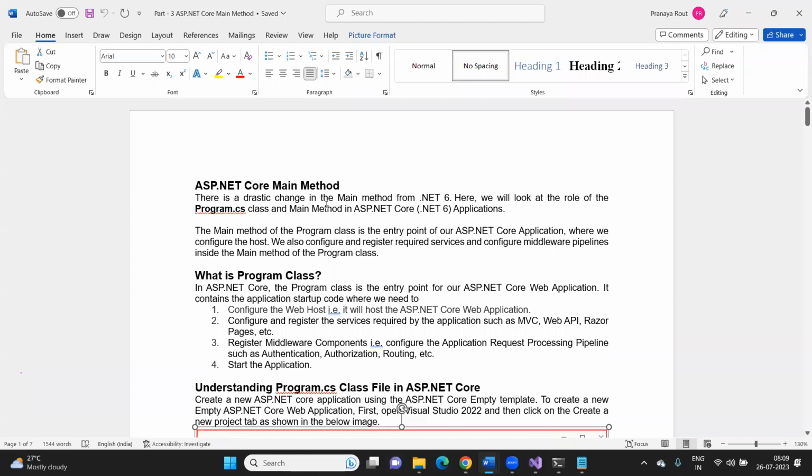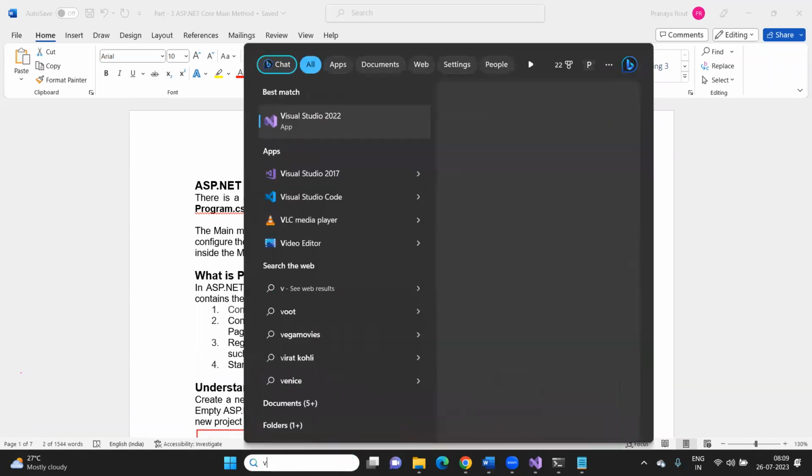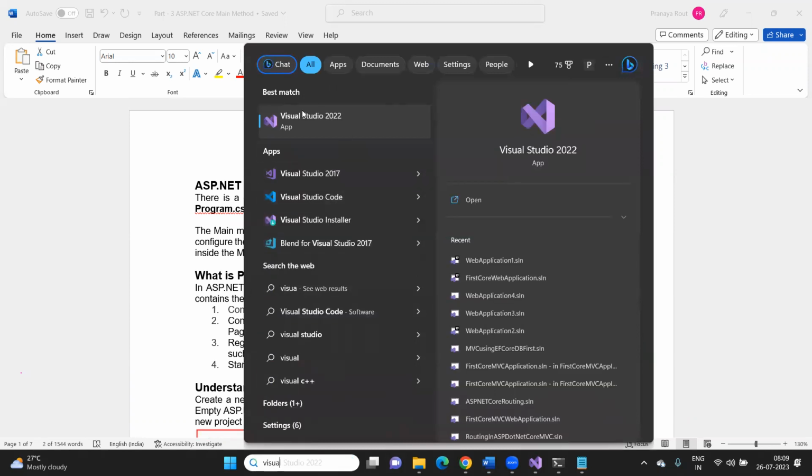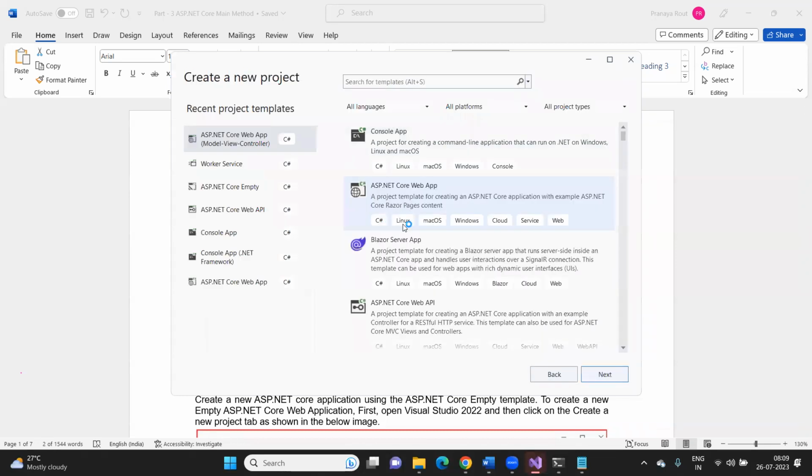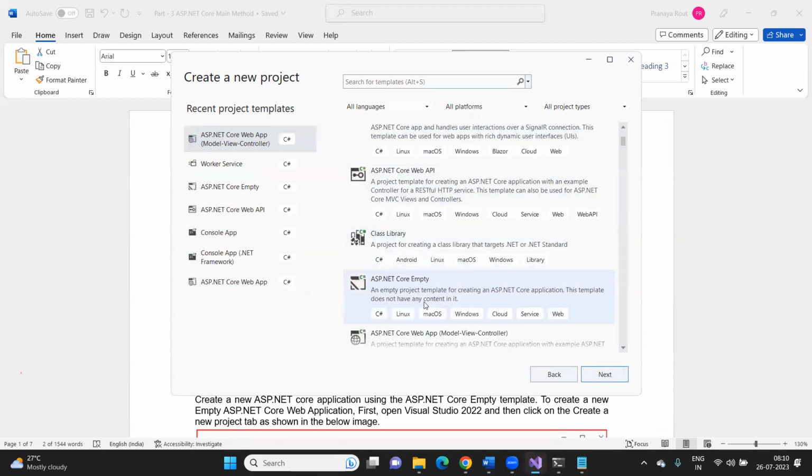The point that you need to remember is, the main method is significantly changed from .NET 6. If you are working with the earlier version of applications like 3.1, 5, 2.2, then you will find there are two classes. One is the program class, another one is the startup class. For example, let me develop one application using .NET Core 3.1. Let me develop that same empty application, ASP.NET Core empty, and